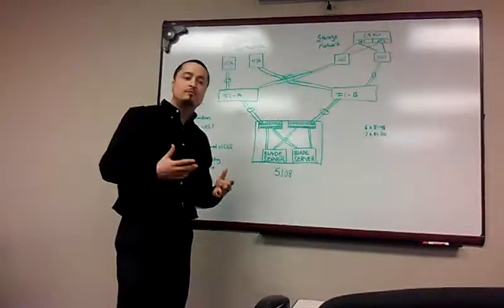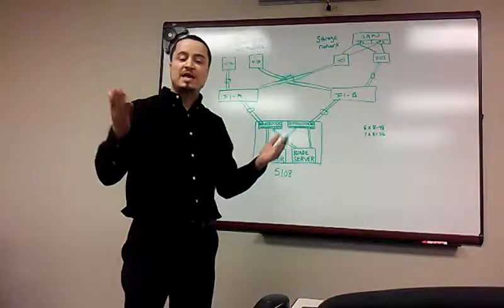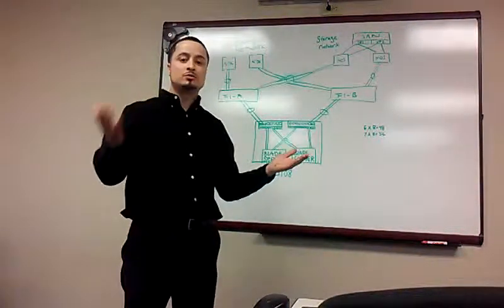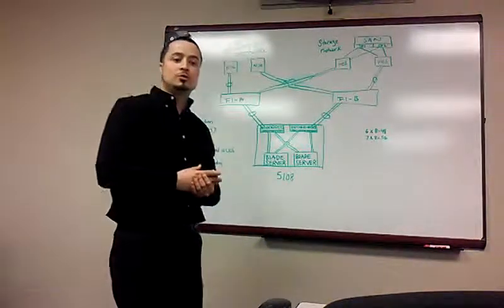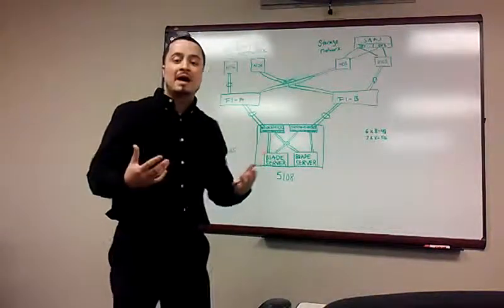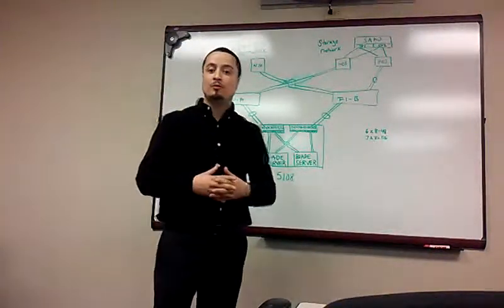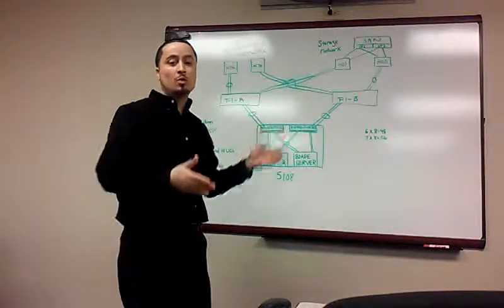Part of the reason for that is because you're able to capitalize on the hardware. You're able to encapsulate both your data and your storage traffic on the same wire. That reduces the amount of port density, the amount of cabling, and the amount of power needed to provide connectivity to both the data and the storage side of